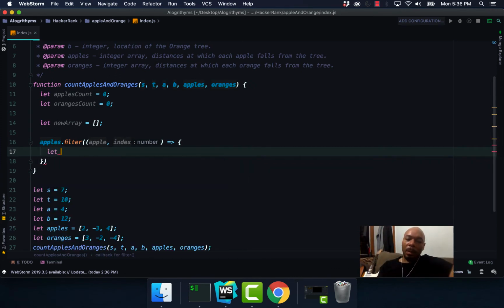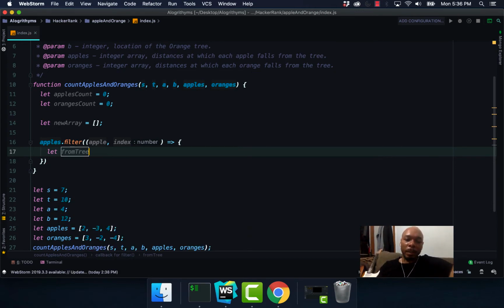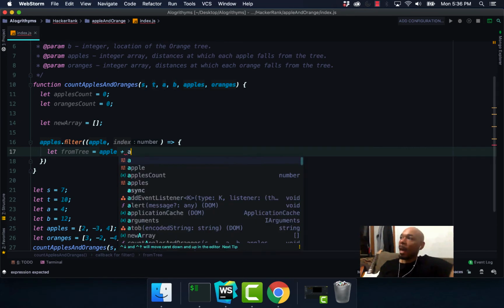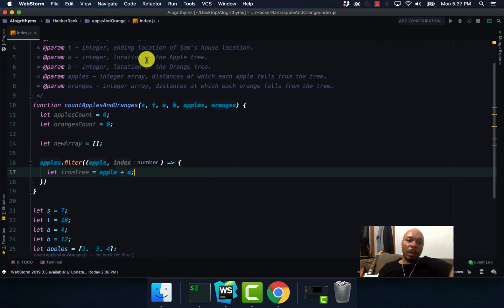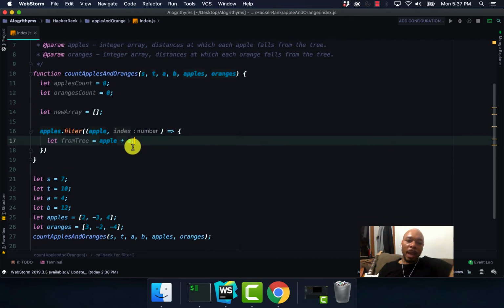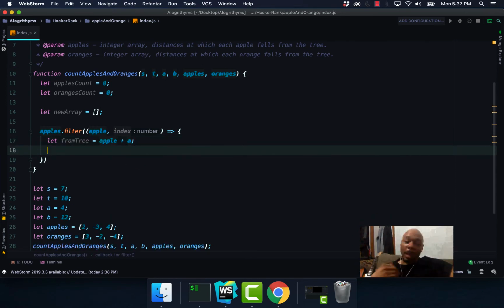Then we're going to create a new variable, and we're going to title this variable fromTree, which basically means the distance from the tree. So fromTree is going to be set equal to the apple plus A, and A again represents the location of the apple tree. So that's going to be A plus 2, which is 4 plus 2, 6. And now we're going to create some logic that represents